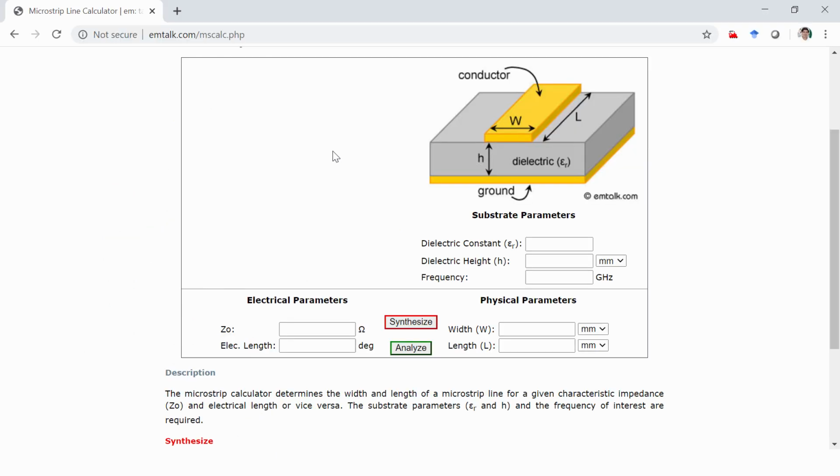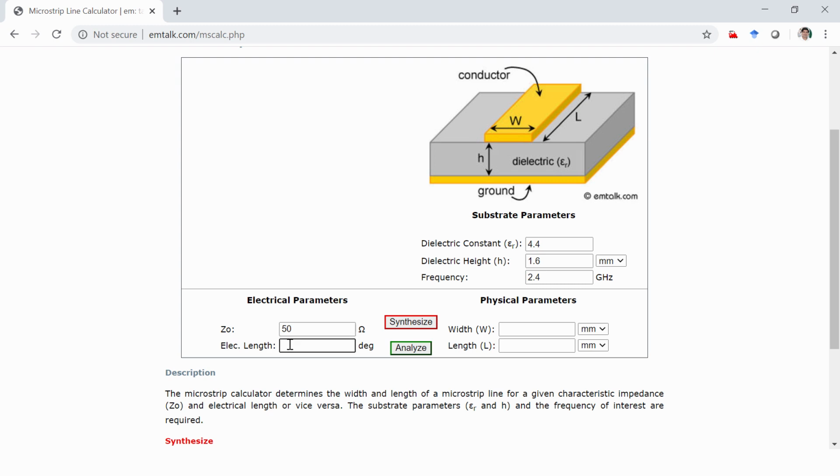So for that, we can open this calculator and find out the width and length by giving the value of dielectric constant. Let's say it is FR4 having dielectric constant 4.4, height 1.6 mm, frequency 2.4 GHz, Z0 50 ohm, and electrical length.